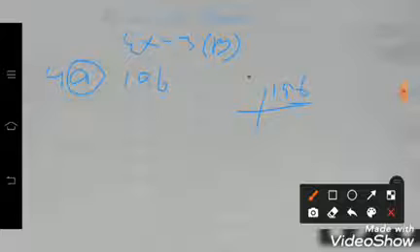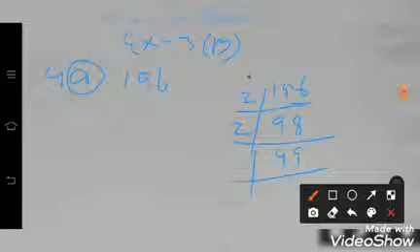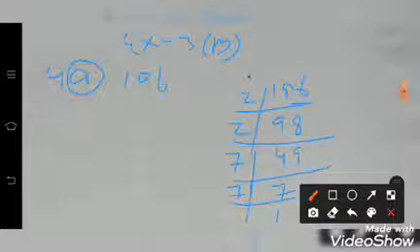Factorize 196. 2 × 98 = 196, 2 × 49 = 98, and 7 × 7 = 49. So 7 × 1 is 7. So the square root of